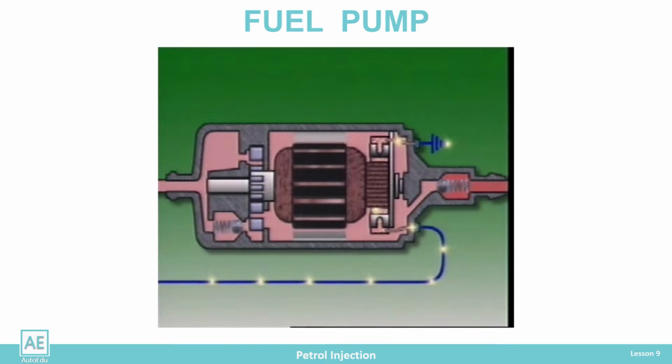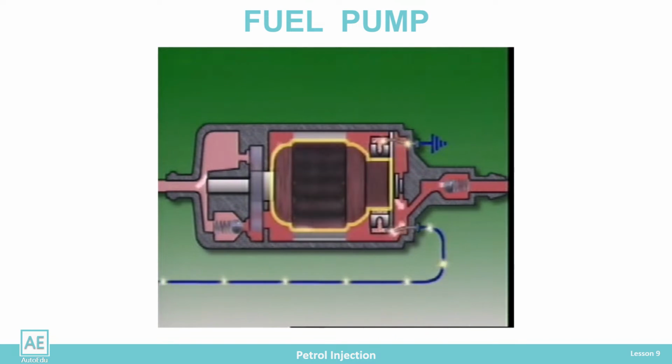The task of the pump is to distribute the fuel from the tank through the system. In all engine operating modes, the pump should deliver a sufficient amount of fuel with the appropriate pressure for efficient injection. The fuel pump must meet certain requirements for the smooth operation of the injection system.